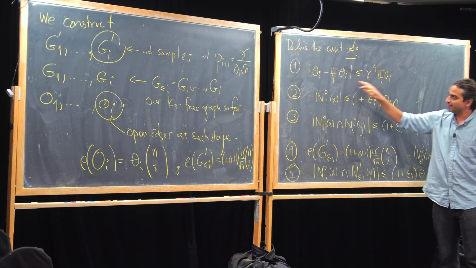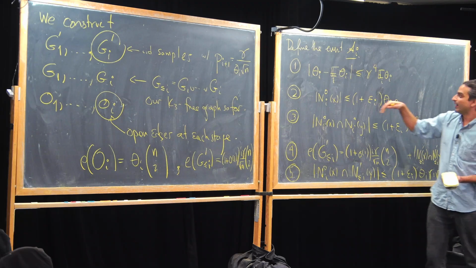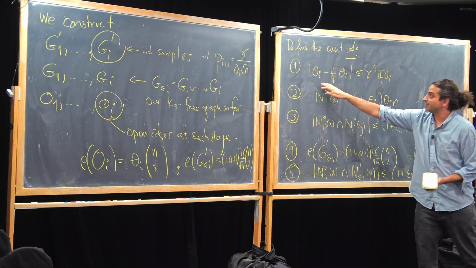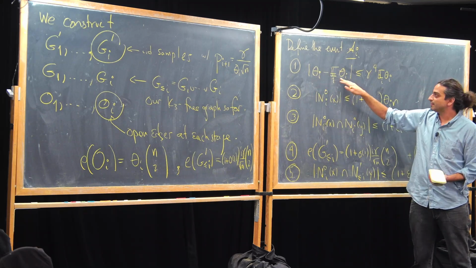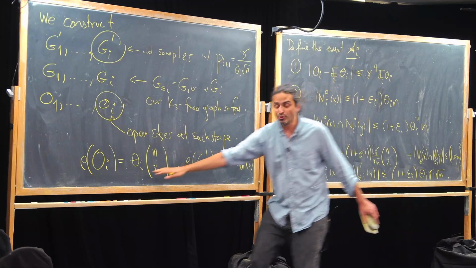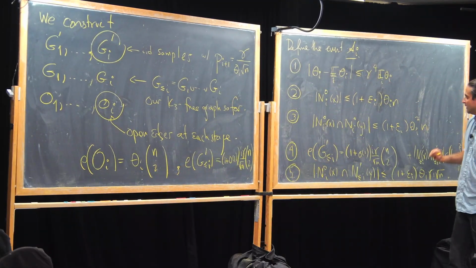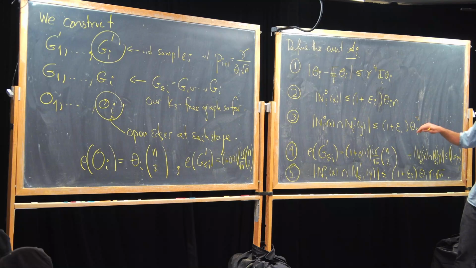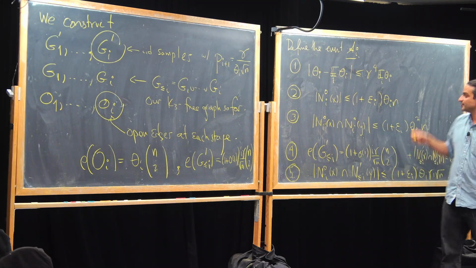OK, so what do these mean? I want my good sample. So when I go from step i minus 1 to i, I've written it here. I want my density to be roughly close to what the expected density is. So this is the density of my open edges. OK, so nothing crazy happening there. OK, and we'll talk about this more in a second, I want the size of every neighborhood of open edges